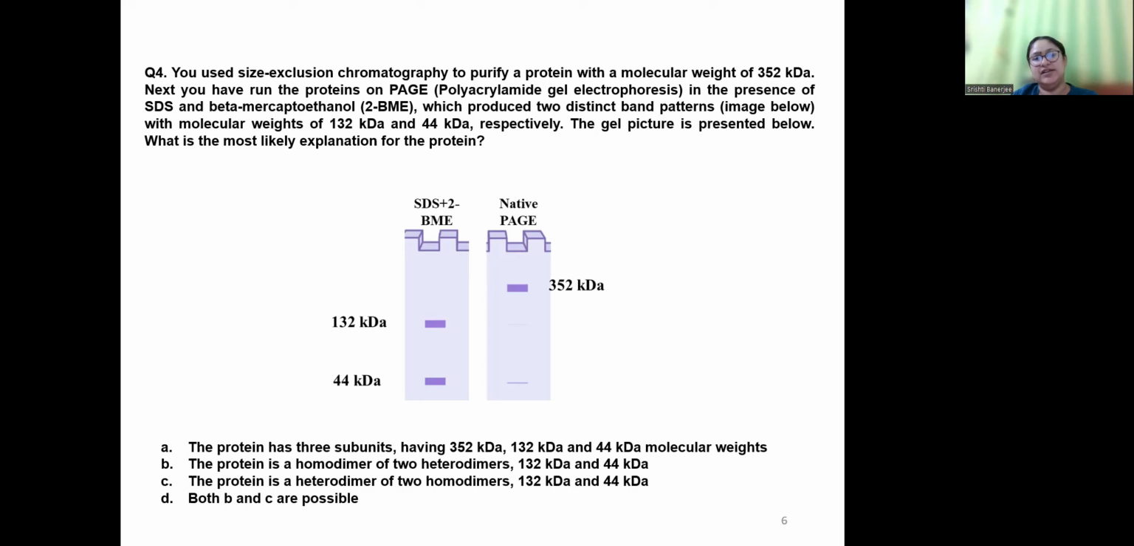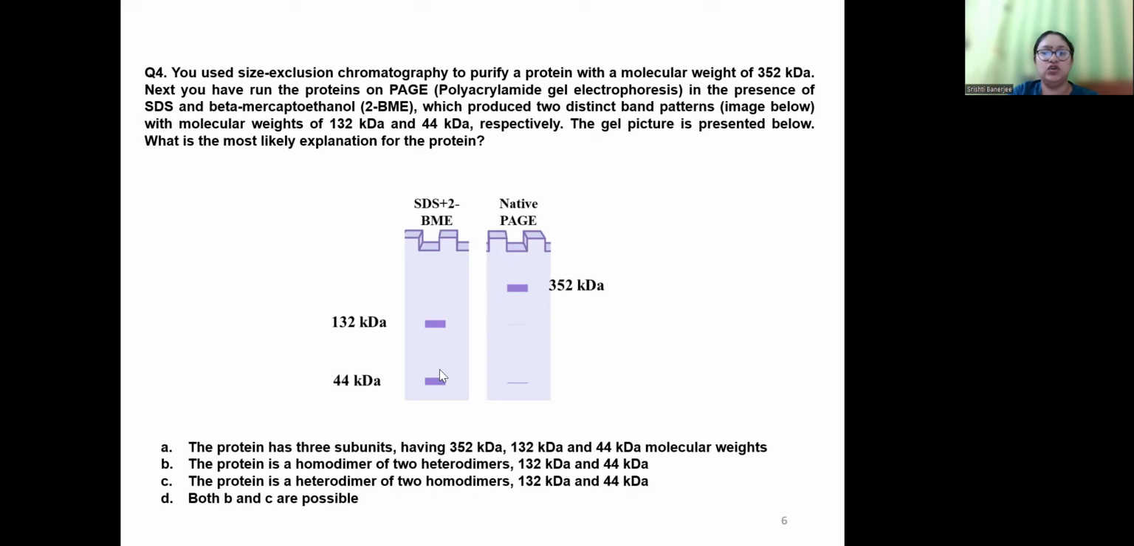Now native PAGE is non-denaturing. So in that we are not going to use SDS. So whatever is the native state, like its folded form, that structure you will get. Now that is what happens. You see in this native PAGE, you have got one band which is 352 kilodalton,